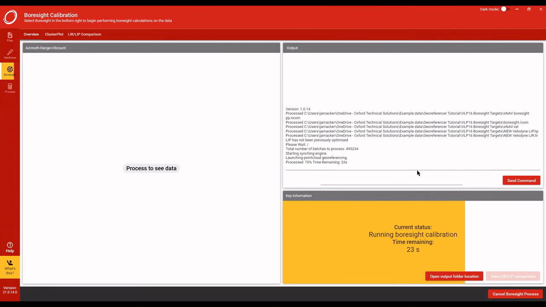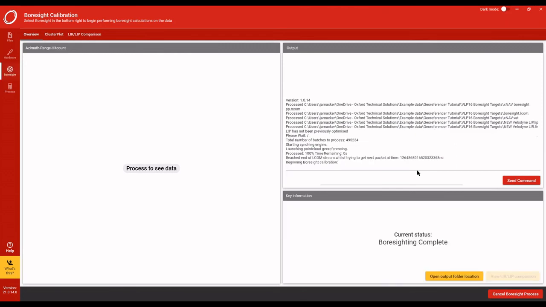In terms of user input, the boresight process is extremely simple. As you can find in the boresight calibration brochure that we have on the website, the process manually is to just drive around these targets for a couple of minutes. And then in terms of software use,